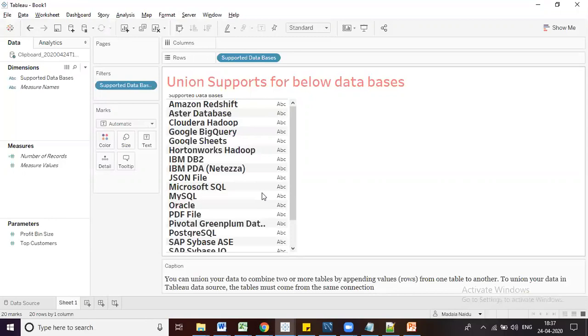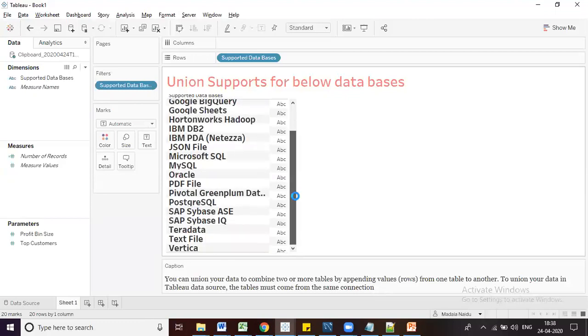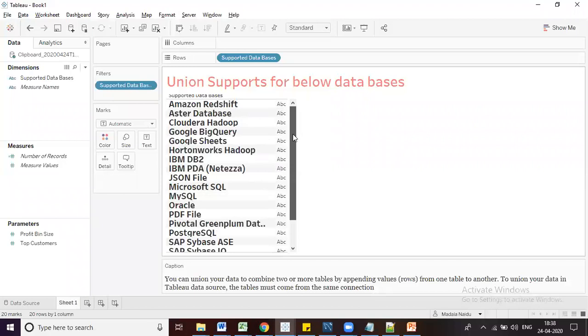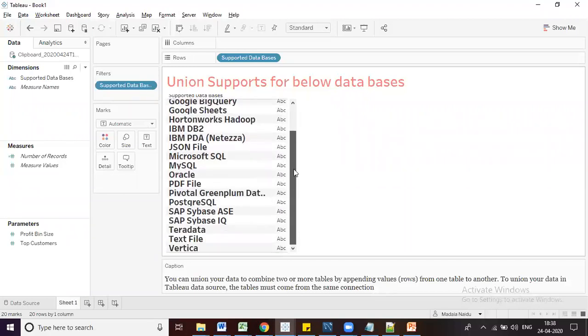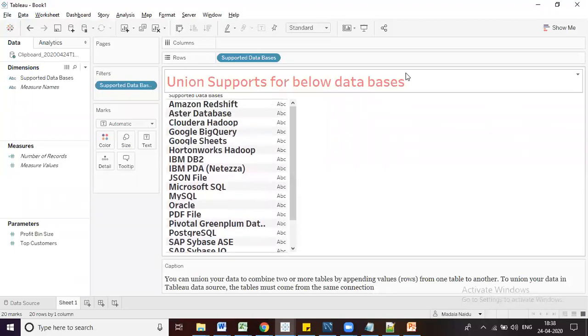If you want to do union, the tables must come from the same connection. Same connection means either from a database or the same Excel file, from the same file format or database. Here you can observe the databases union supports; it includes Excel files and databases also. Okay, this is about the union.